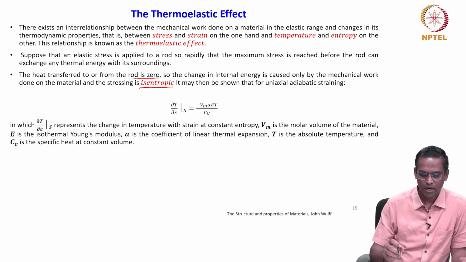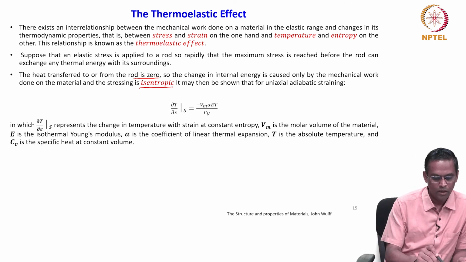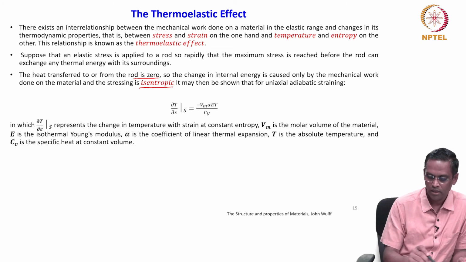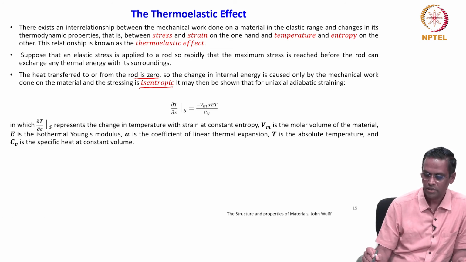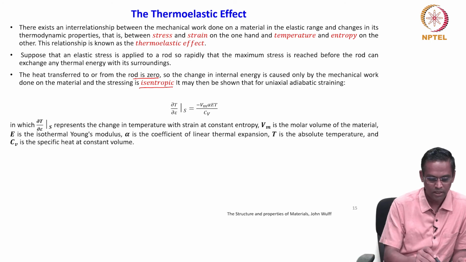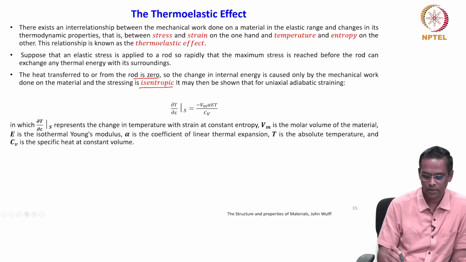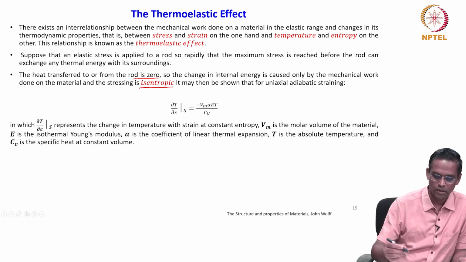Most of the parameters you know. Dou T by dou epsilon at constant entropy represents the change in temperature with respect to strain at constant entropy. Vm is the molar volume of the material, E is the isothermal Young's modulus, alpha is coefficient of linear thermal expansion, T is absolute temperature, and Cv is the specific heat at constant volume. Okay. So, this is the relation